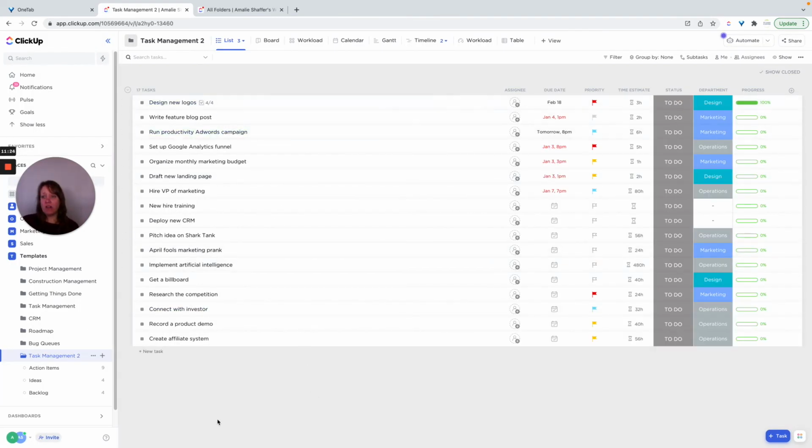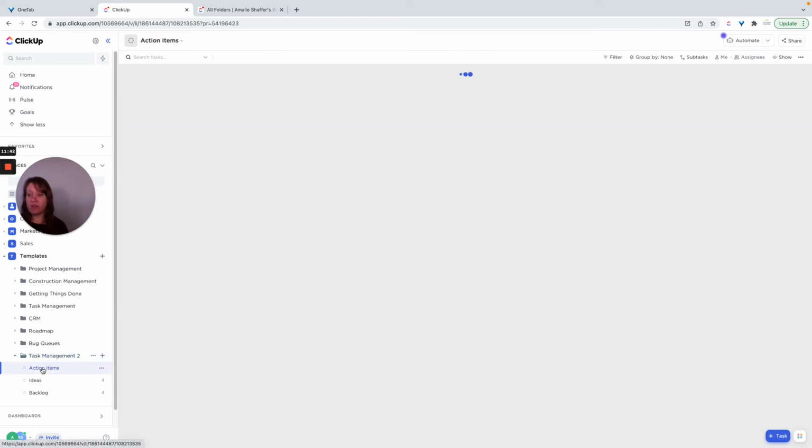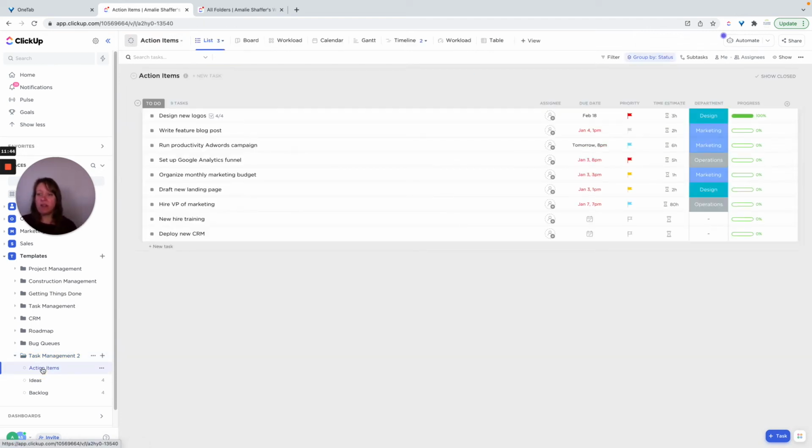Okay, so then, you might come in and maybe you just want to delete all of these because none of these apply, and then you can come in and put your own tasks in here. Maybe each of your team members gets a task management folder, specifically assigned to them or something of that nature. And then what we'll do is we'll go over each list separately. So this is the action items, and